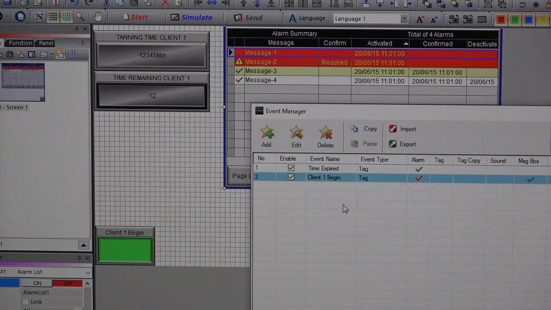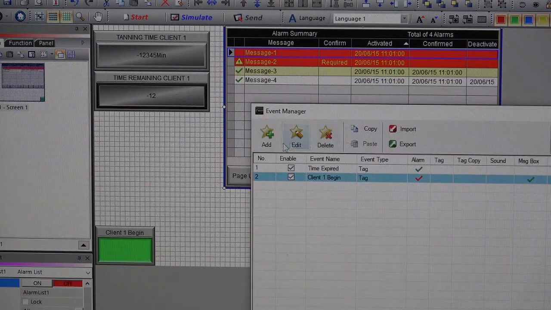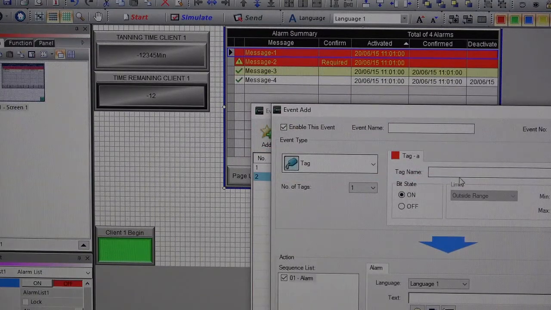You can have an unlimited number of events that can occur off of any other on-off options. Or if you noticed, let me go back to this one again. If I address this value to an analog value and say that I want this event to occur only when it is outside the range or inside the range, let's try. Well, I can create another one. That's what we'll do. We'll just go back and create another one and see if we can't show that. We're going to add an event. It's going to be tag named